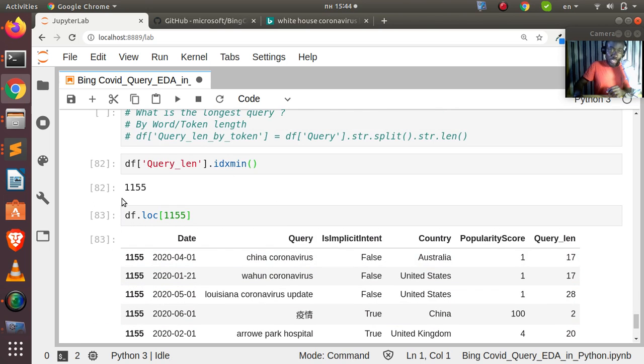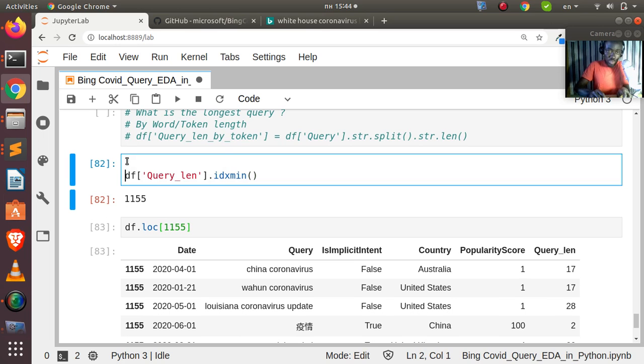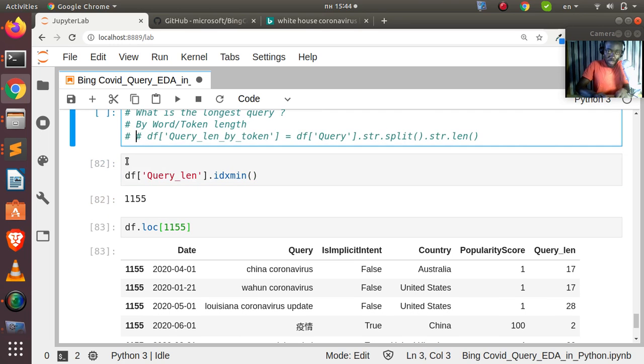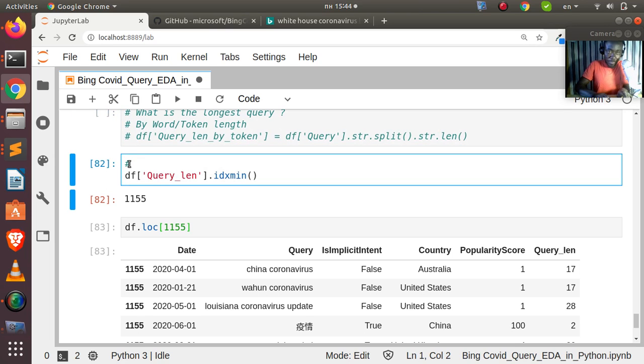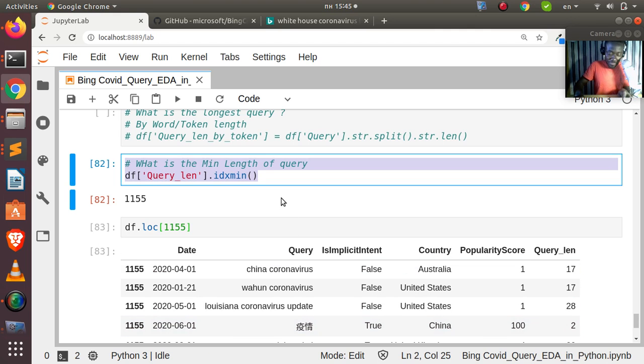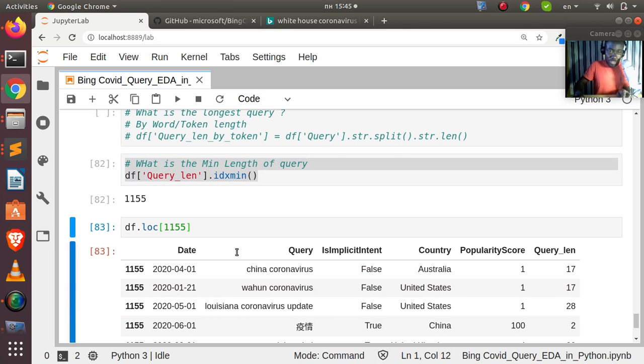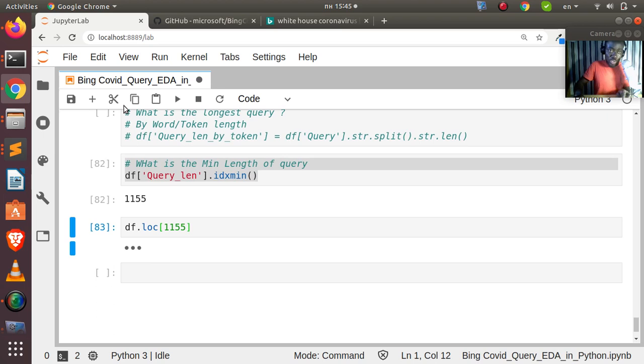Can actually try this one out. Let's give it some code. See what I'm doing. What is the minimum length of query, right? And even looking at this, it is Chinese, right? And this may be looking minimum, but it may be a whole sentence. So let's be more specific and get it by the query length, not by the ID max, right? Because ID max gives us almost the same thing. So we can be more specific